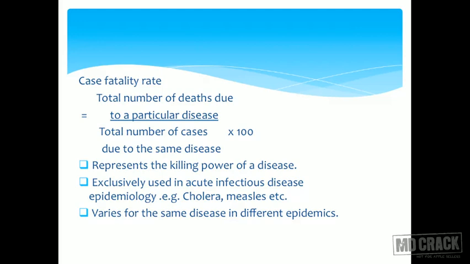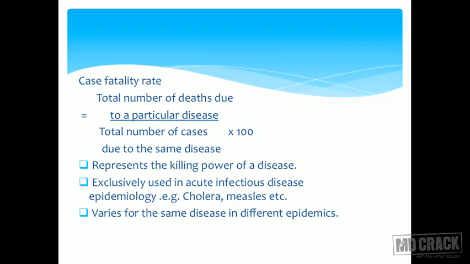Okay, I say tuberculosis is not dangerous, and I say rabies is very dangerous. Why do I say that? I put the numbers into this formula and let's see. Case fatality rate, total number of deaths due to a particular disease divided by the total number of cases multiplied by 100. This is one of the very important indicators to tell you how fatal the disease is. I say tuberculosis is a very mild disease as compared to rabies, which is a very dangerous disease.